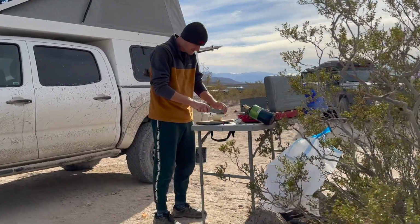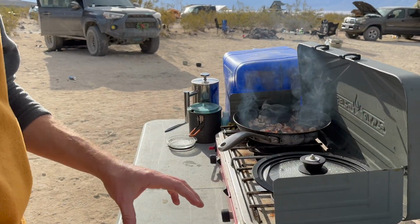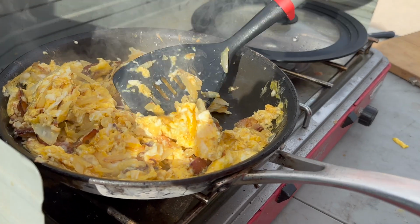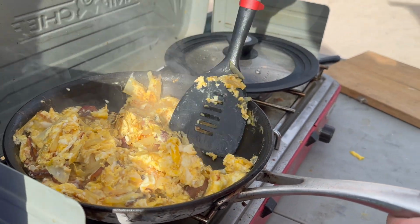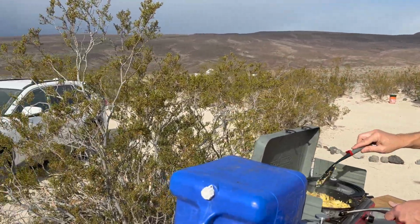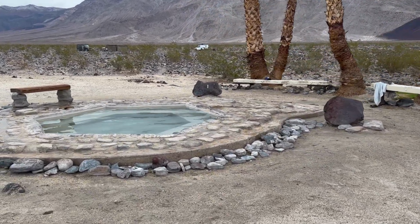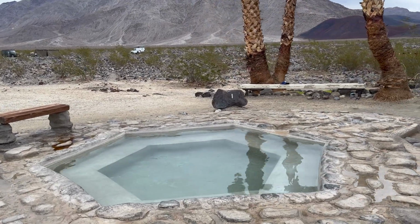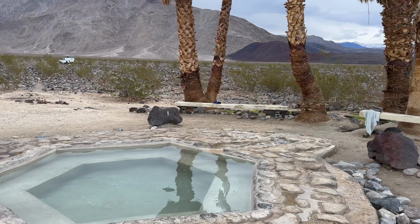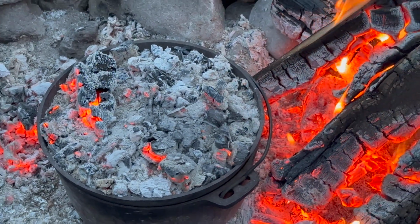Tom's just making up some breakfast right now. His famous eggs and onions. Oh, he's even got bacon. Dang. Eggs are just about done. It's looking good. Mixed it with the bacon and the onion. It's gonna be a nice breakfast. Oh, that's cooking right now. So Bob,